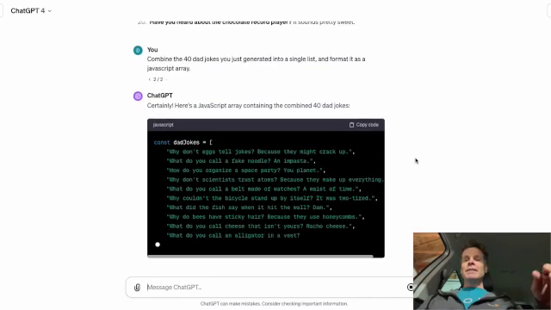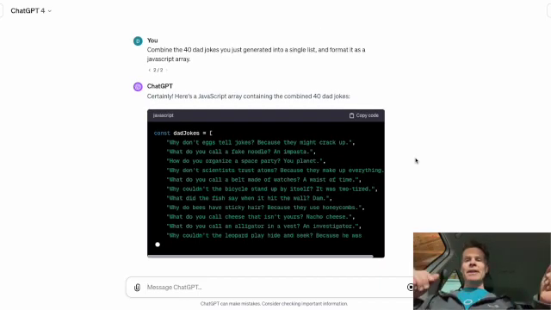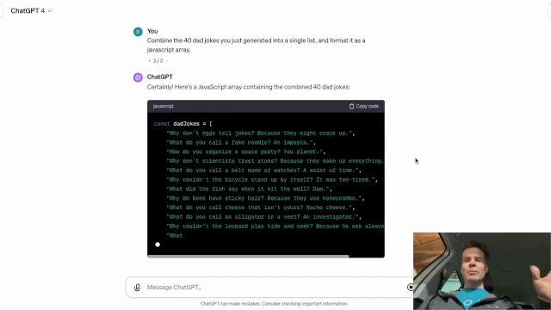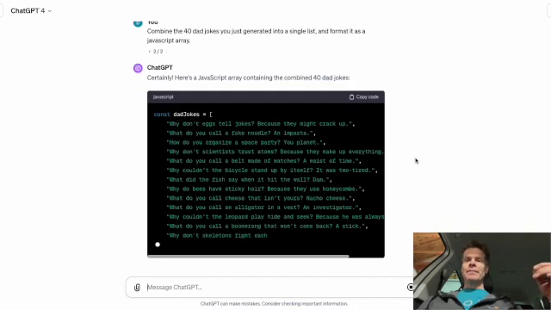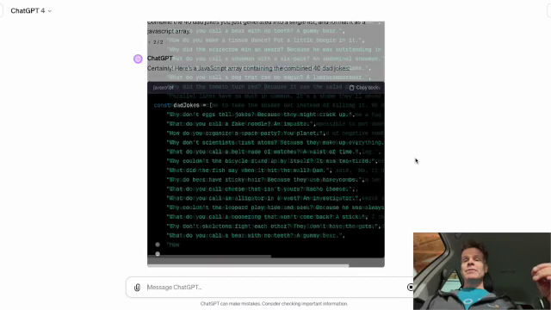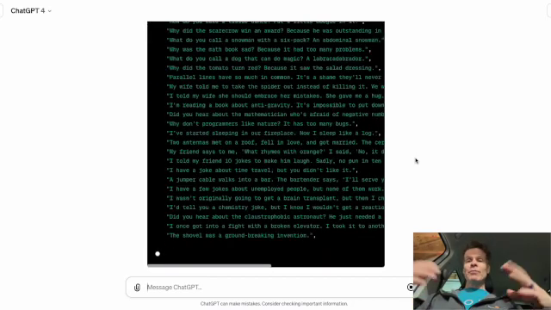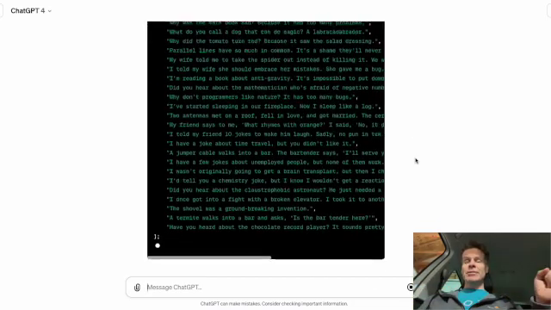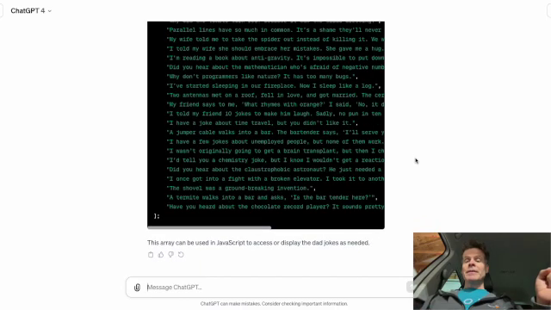I highly recommend combining all those into a single file. The developers out there will balk at this, but it's the easiest way to work with ChatGPT. So if at first you don't get what you want, you simply ask ChatGPT to combine it all into a single file. So now that I've said reformat those 20 or 40 dad jokes as a JavaScript array,